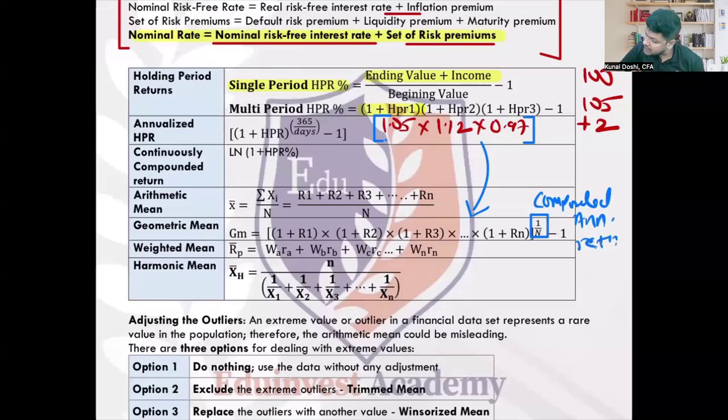So geometric mean is also called compounded return, but it is called compounded annualized return. Are you getting me? The difference between compounded return and compounded annualized. Compounded return is when you just multiply all the yearly returns. But compounded annualized is when you average it out by raising to the power 1 over n. So if there is a 3-year return, we raise to the power 1 over n. This compounded return is also called geometric mean. Everyone with me? Understood the difference? Holding period returns, single period, multiple period, and how is it slightly different from the geometric mean? Clear. Any questions, anyone?